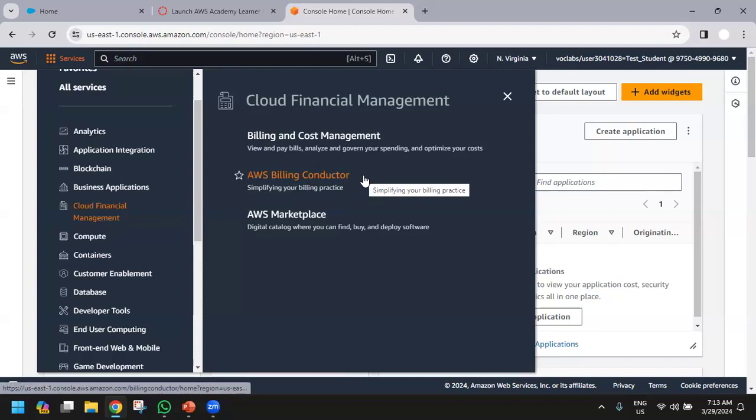You just say that my budget is this much, and I have to spend this much for this root account, this much for this account and so on. This conductor will understand your practice and how you are doing this, and it can suggest and modify your billing policies, and try to bring down the bills or save you from unexpected billing.